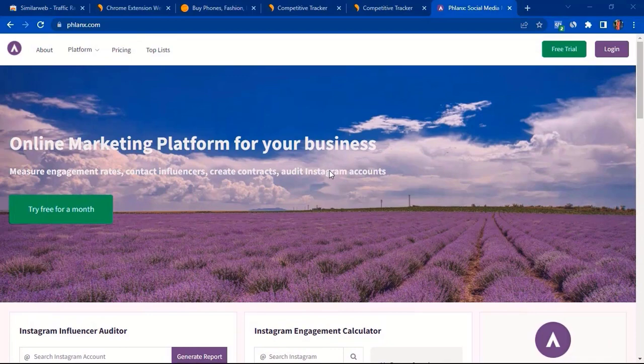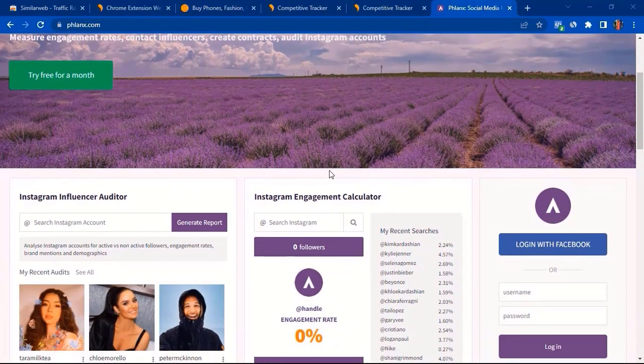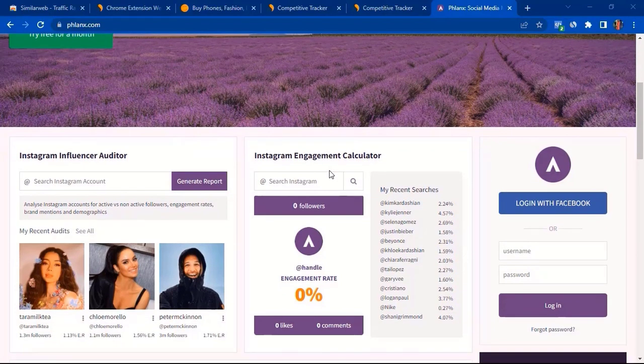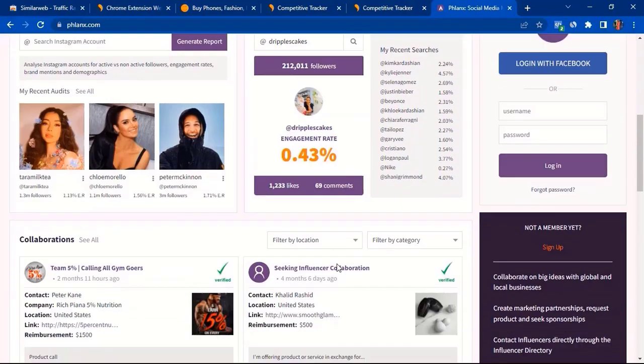But now that we've actually uncovered how to do this as far as their website is concerned, what about their social media handles? What are the stats in their social media handles? Say we actually want to understand how our competitor goes about things associated with their social media handles, what do we do? So now there's this baker that I do like very much, so I'm going to use hers. Here you can see this is the amount of followers that they had as of today. The most recent likes and comments, the engagement rate is just around 0.43%.